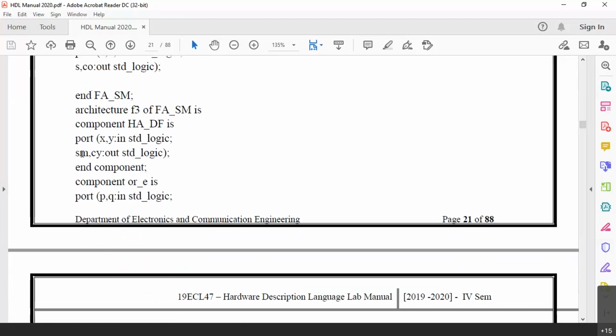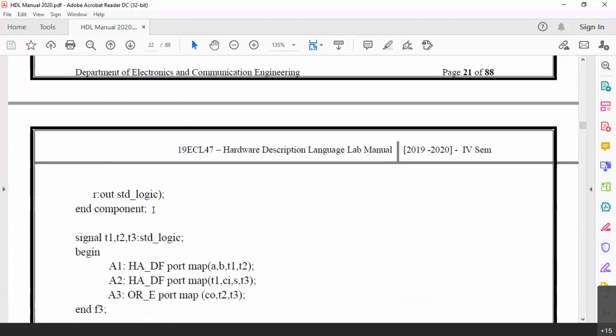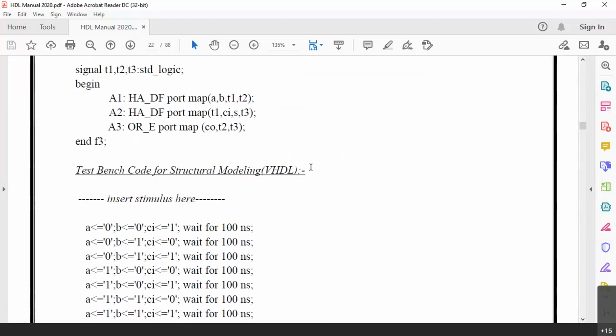Port X, Y, SM, CY, we are declaring once again, end component. Now component OR gate, P, Q in standard logic and R out standard logic. We have to define it once again in VHDL. In Verilog, this process is quite a bit simpler. Anyway, leave it. Now signal T1, T2, T3,